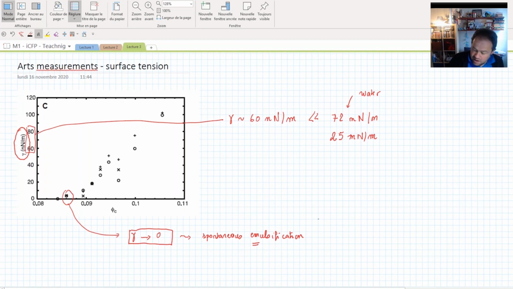Exactly because there is no cost anymore of creating the surface. So here you really see that, first of all, this kind of calculation of the thermal fluctuation of the interface is not only a nasty and complicated calculation where we deal with Fourier space. It can really be used to make real measurements in real life. And this thermal fluctuation, in some cases, can be really measured directly, easily.